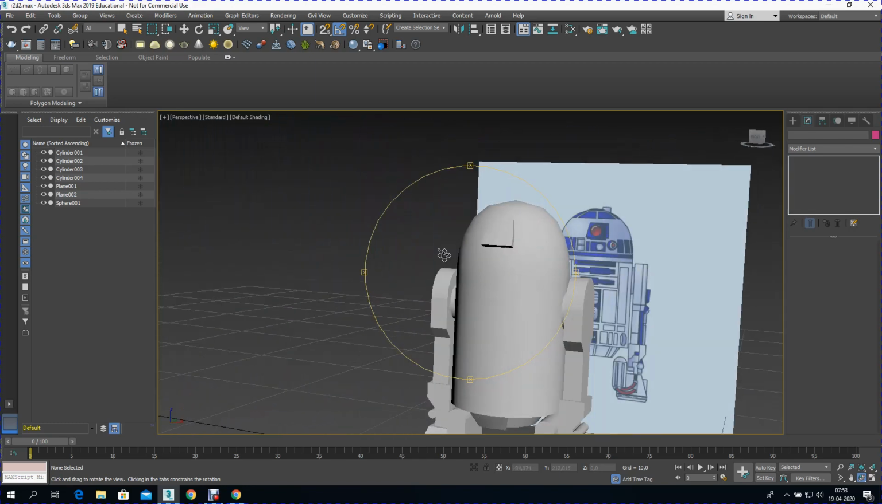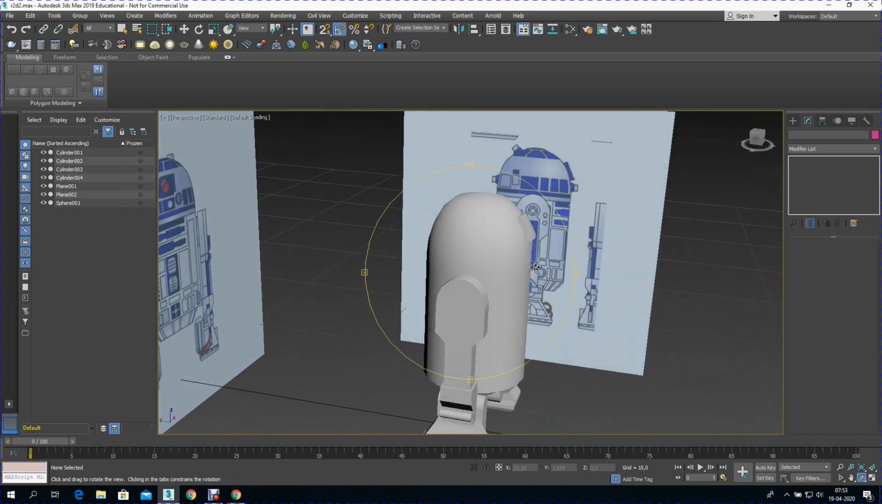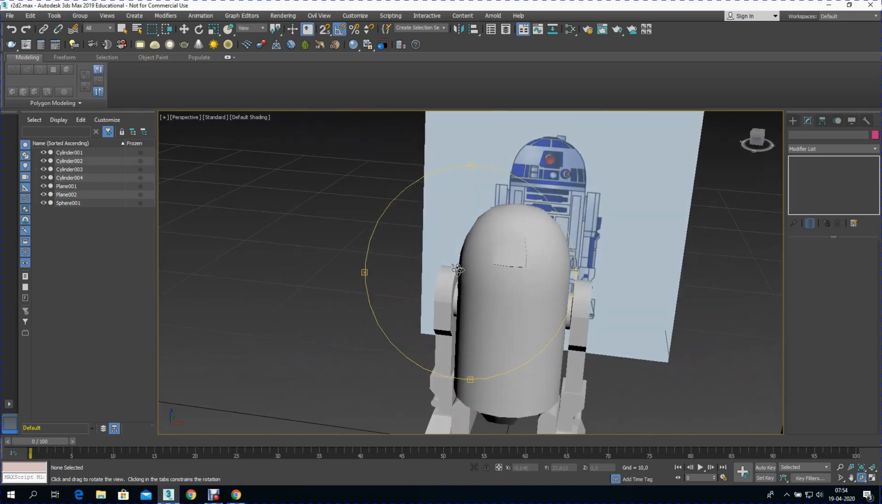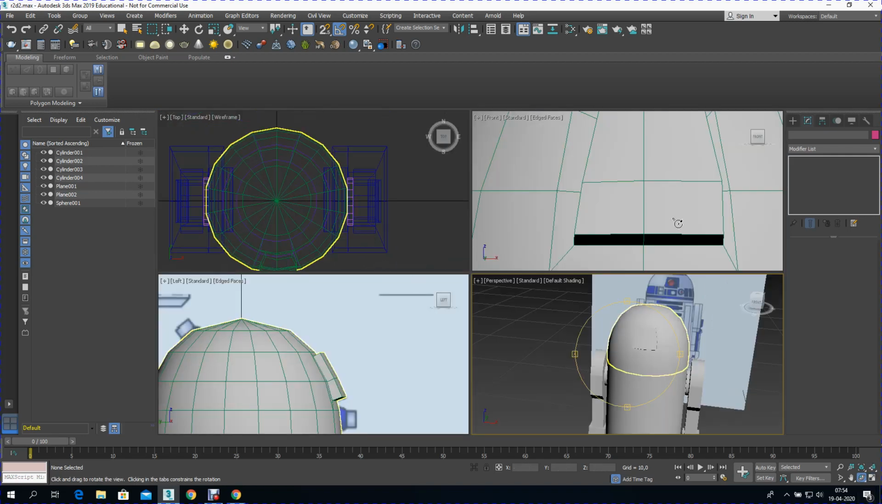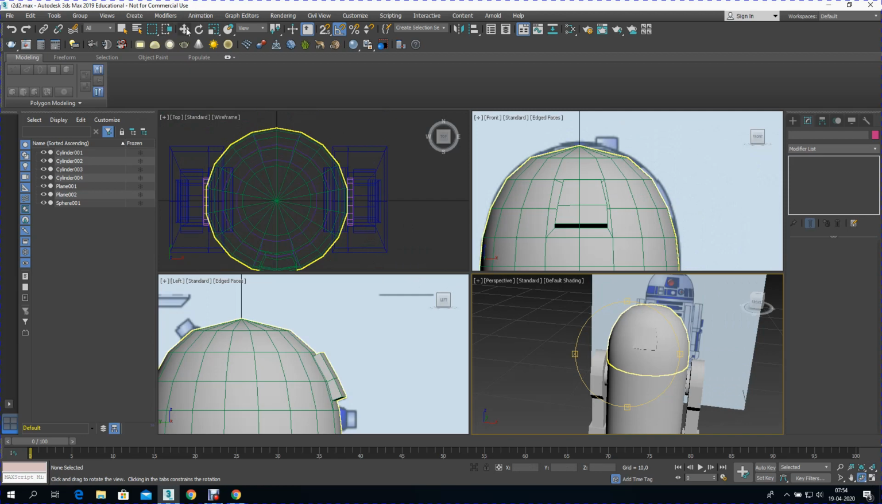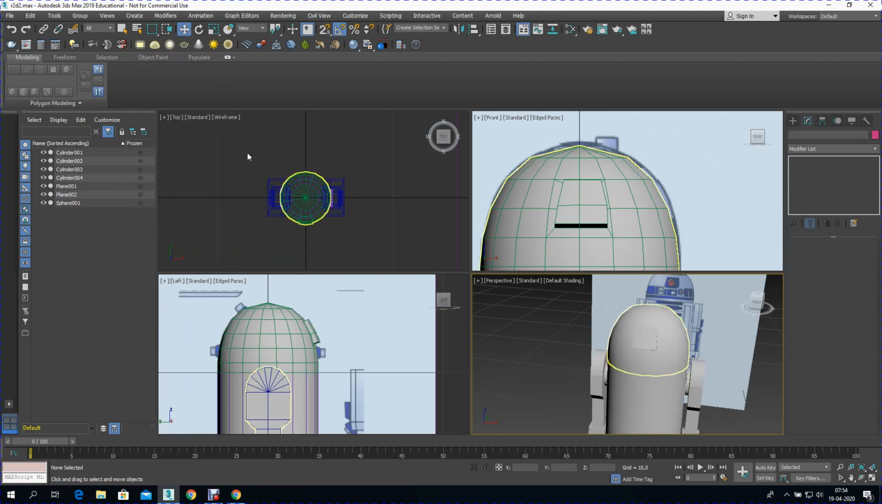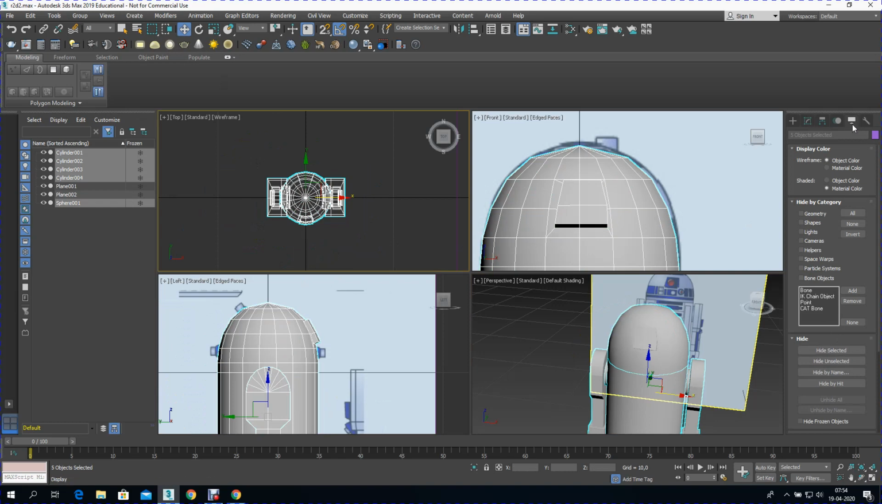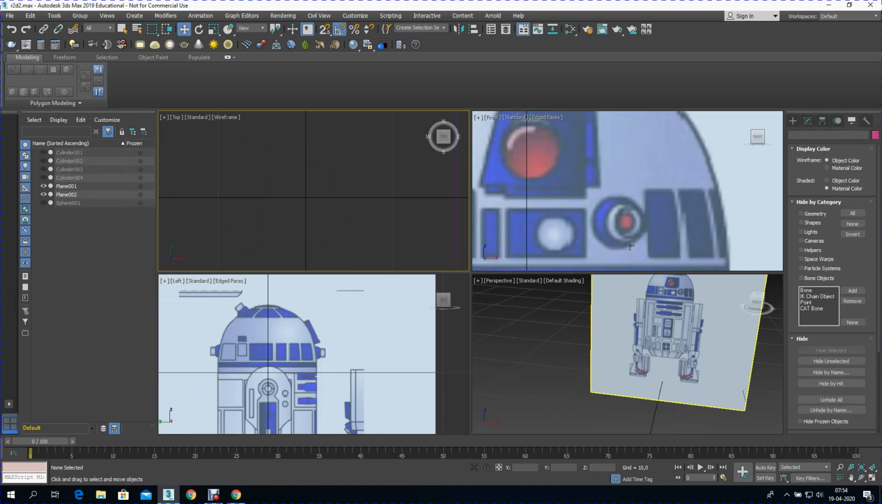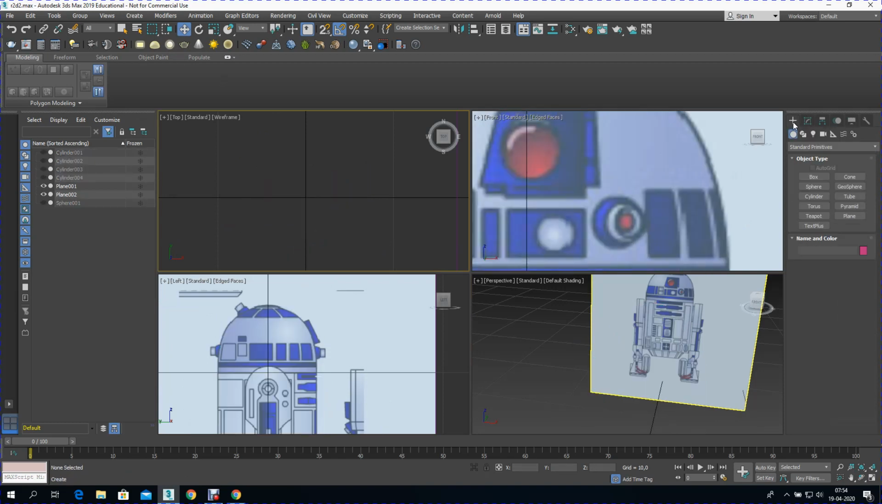And then the last part we're going to create of this, since it's a very, very simple 3D model, is those little parts of R2D2 in the front, which is like his little visor thing. So we are going to go ahead and select the whole model from the top view. We're going to go to display, hide selected, and then we're going to create that cylinder right there to make that. So take a cylinder,